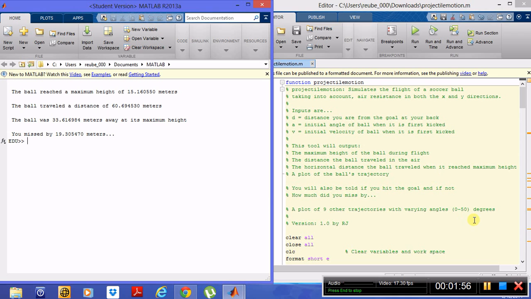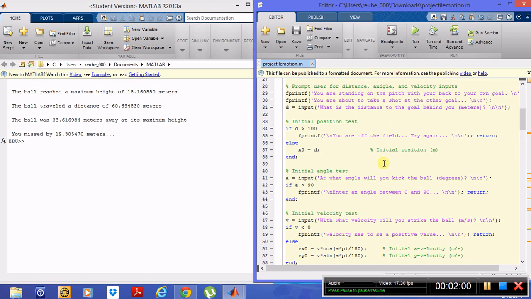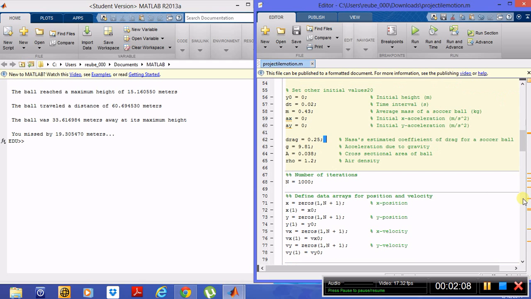Here's my script. Basically, I take my inputs here. There's a loop on each one, making sure that the parameters entered are within the realm of reality for this scenario. I set my initial values. There's a coefficient of drag here, which I got off a NASA website. It doesn't seem very accurate though, because when I run the program, it seems like in reality the ball would slow down a little faster. But anyway,